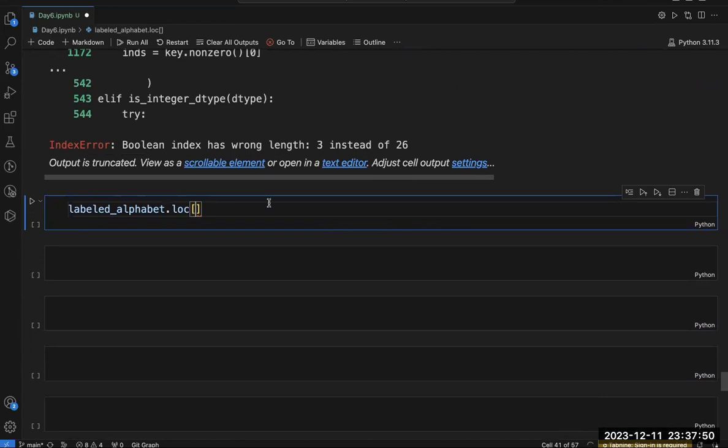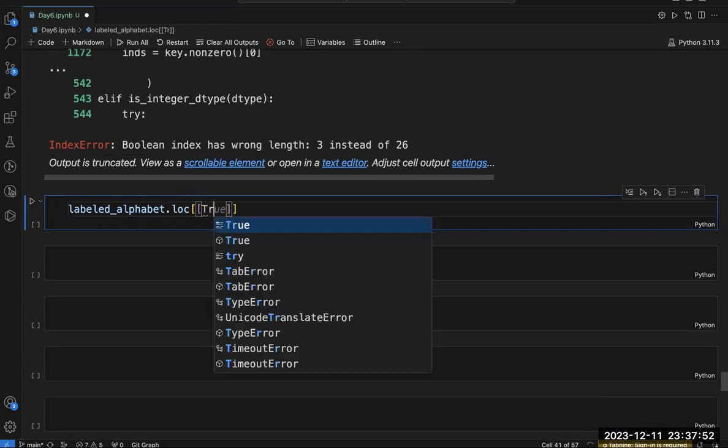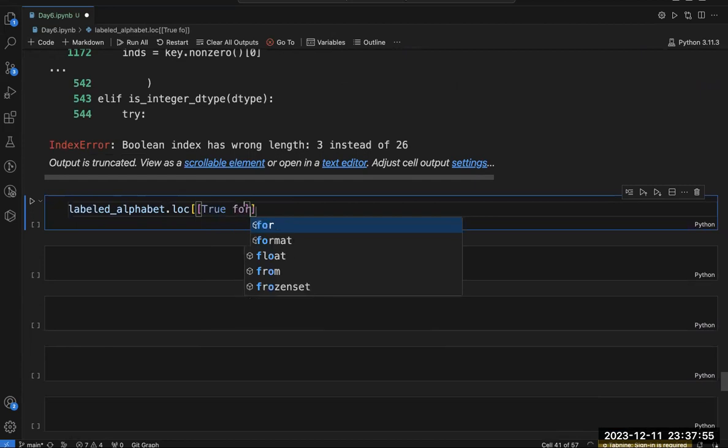How will you use the list comprehension? Very simple. You have to write true for, and those of you who don't understand list comprehension, I request you to go to my basics of Python playlist. There you will find a very detailed explanation of list comprehension, and from there you can study how it works. I'm not going to explain it right now.